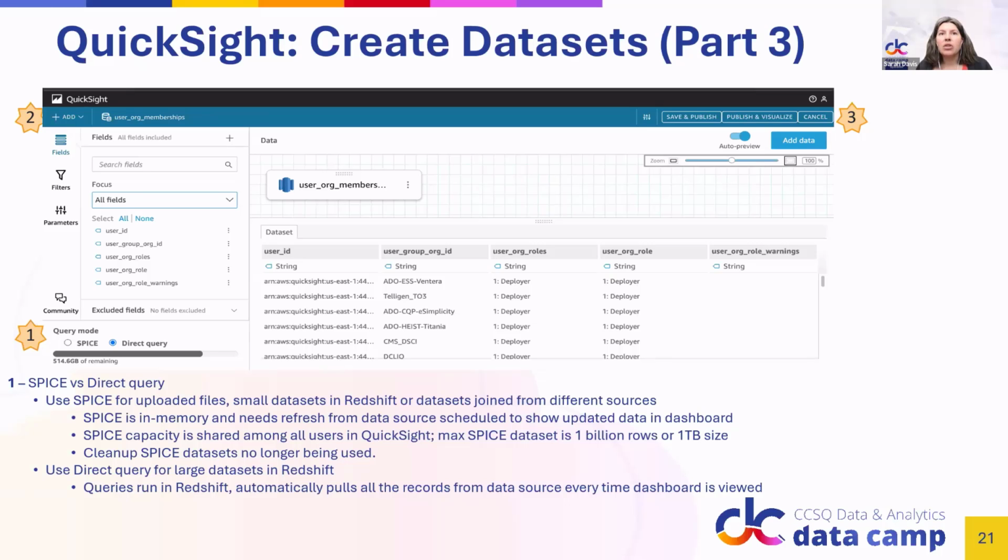Let's see, Nancy's question: is the feed static? In other words, if you create a SQL query and the underlying data changes, does the dashboard update automatically? If you're in direct query mode, well, I didn't go through that very specifically, but if you're doing the SQL query, then it means that you're not bringing it into Spice, which means, yes, your dashboard will automatically update because you haven't brought it into Spice. You're using, by default, the direct query method.